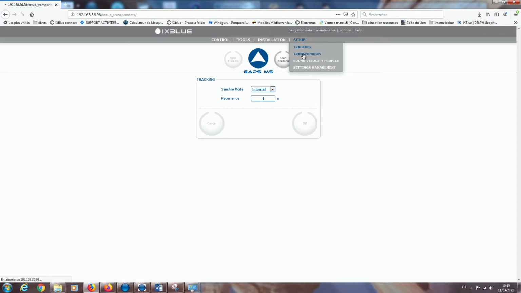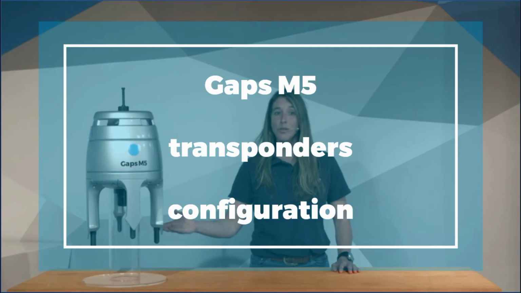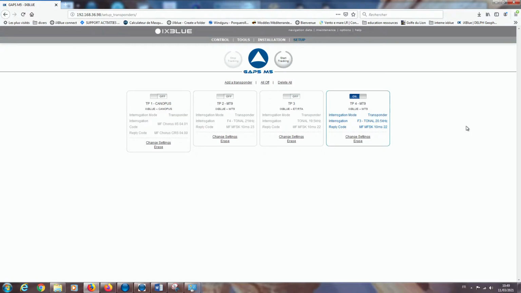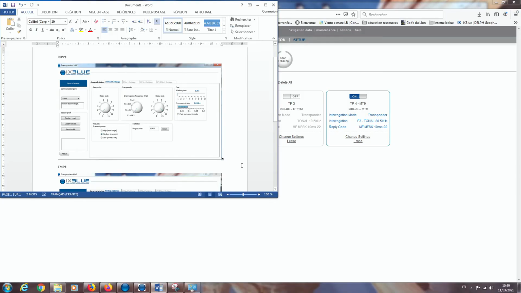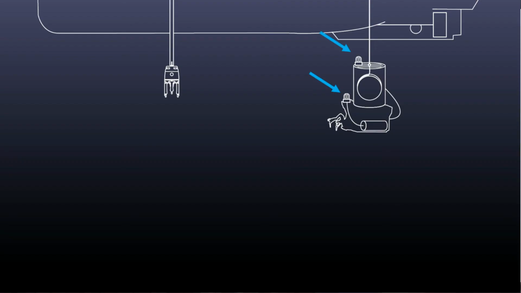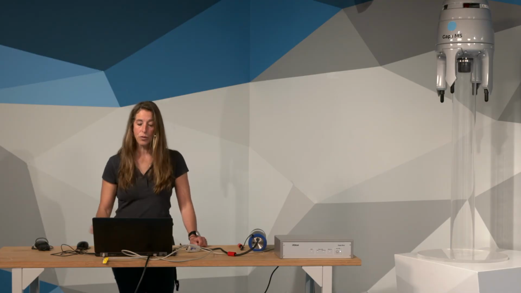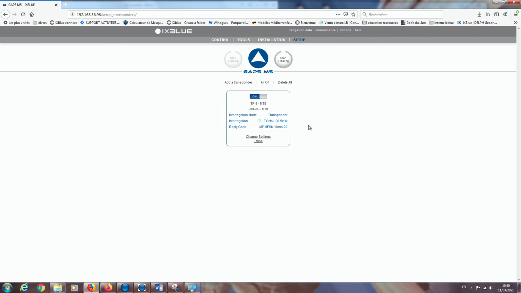Now I go to transponders. What is very important now is to take your document, everything you have, where you have written your settings, because one beacon is already on the ROV, and you have to keep in memory what was in the beacons. In my example, this is a Word document where I did some print screens of the web HMI of the transponder. So I will have 2 transponders, one on the TMS of the ROV and the other on the ROV. So I will set 2 transponders. The first transponder I will set is the one on the ROV.